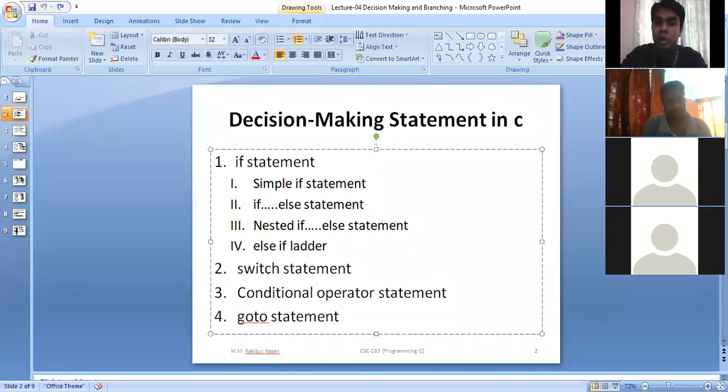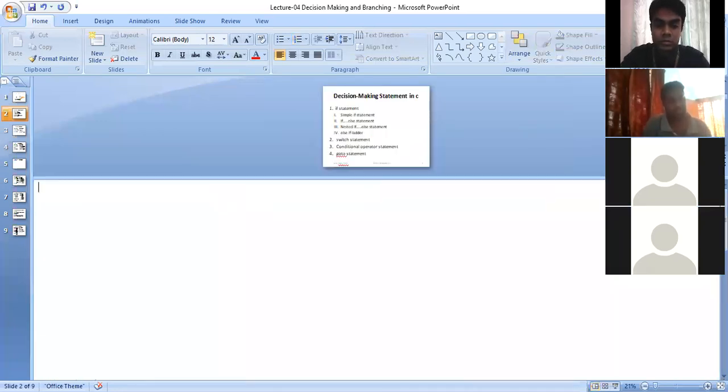Okay, so conditional operator means, let me show you. If I write it down here, I'm writing here. Can you guys see what I'm writing? Yes, sir. Okay, right. So this is nothing but the conditional operator. Am I clear? This is nothing but the conditional operator: first expression, question mark, then second expression, colon, then third expression.